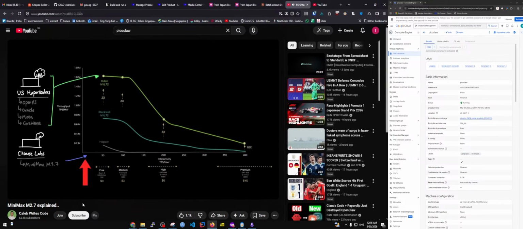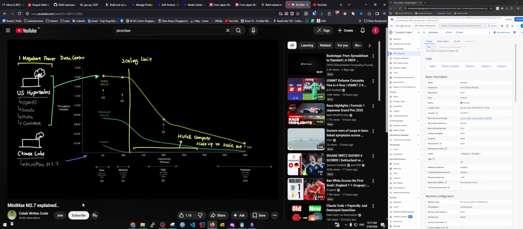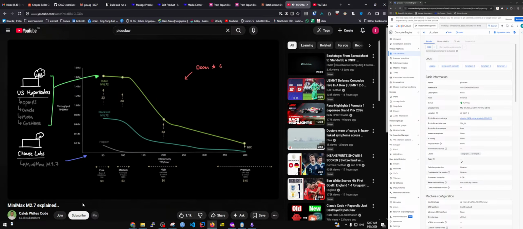In other words, the x-axis here shows the tokens per second per user, or interactivity, and the y-axis here shows the throughput in total number of tokens generated, assuming a megawatt data center. What you're seeing here is the immediate scaling limit that Chinese labs face as they are already a few generations behind in GPUs. Now, while this chart certainly seems doom and gloom, the demand for compute at this band is actually